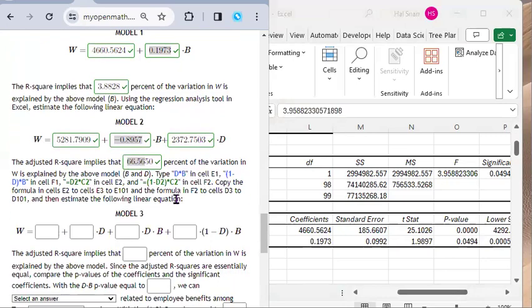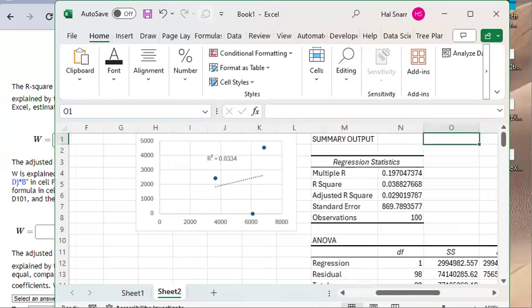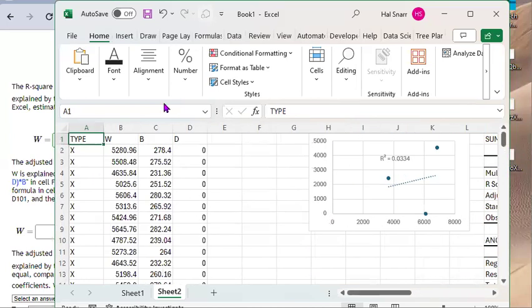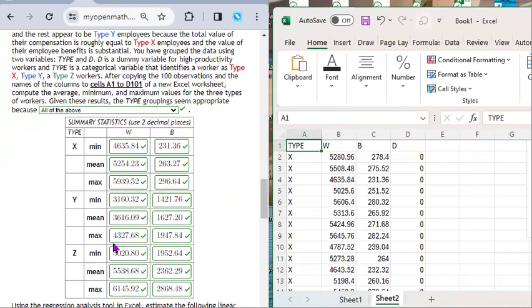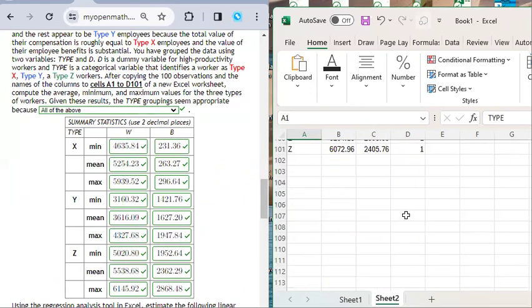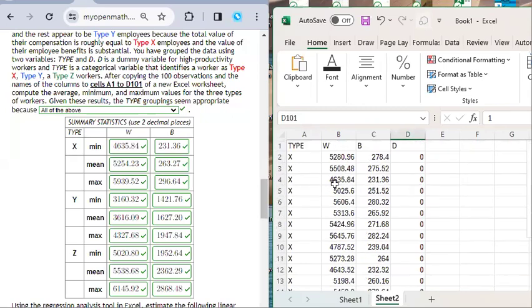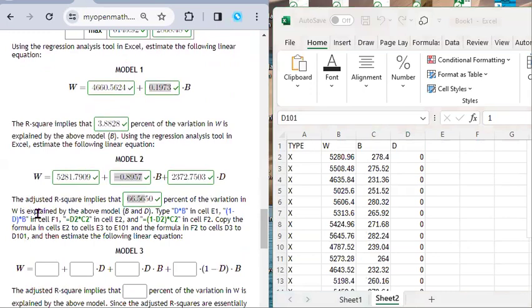Okay, now we're going to do a new model. I moved my data up to row 1, and my regression results are over here. So what does this tell me to do here? Okay, let's go back here. This is why I said put the table in cells A1 to D101. This is the reason why I asked you to do that. So we're following that instruction there. Why? Because it says here,